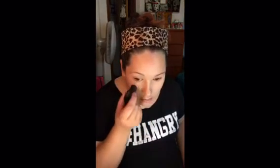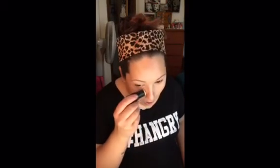So I'm hoping it will do the same under my eyes. I'm just going to add a little bit. It did seem to get into my fine lines around my nose, so I'm just going to do a little more blending. So this is what my face looks like. It's still very glowy, and I feel that because these are very creamy products, you're gonna get a nice glow. If you're not into that, you can always set it with the powder. I would definitely recommend you setting your under eyes